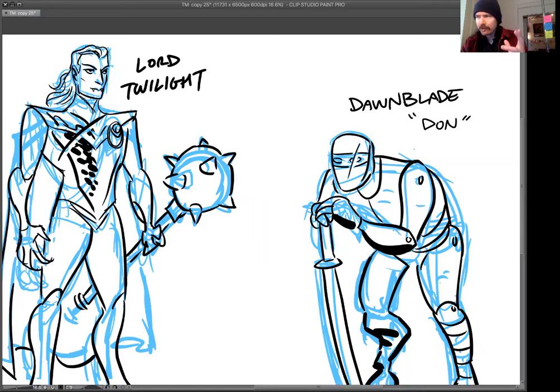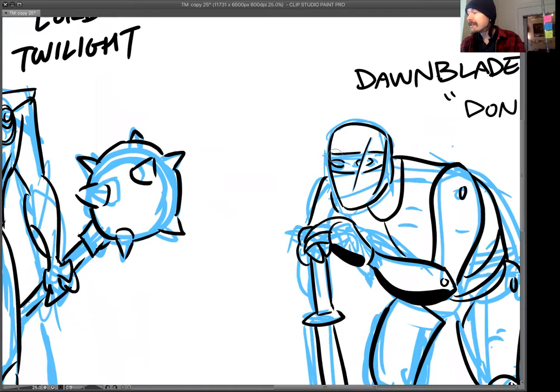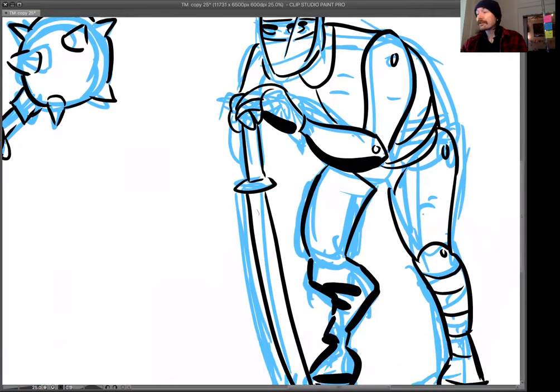He doesn't want to be a toy, Lord Twilight. Dawn is offended by that. He's like, okay, you're perfect. You could go out, but you don't want to? No way. So he hatches this plan to be a fake mentor figure to Lord Twilight, to say, hey, if you want to get out of this, give yourself a scratch. You can use my sword, because his sword looks like just a plastic sword, but it turns out